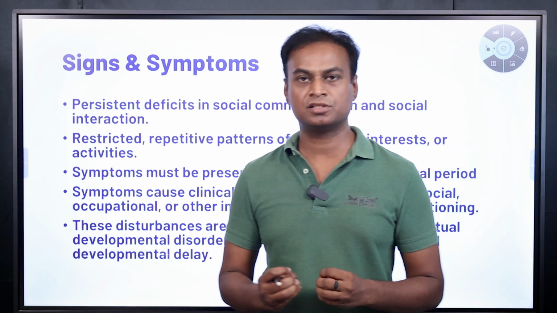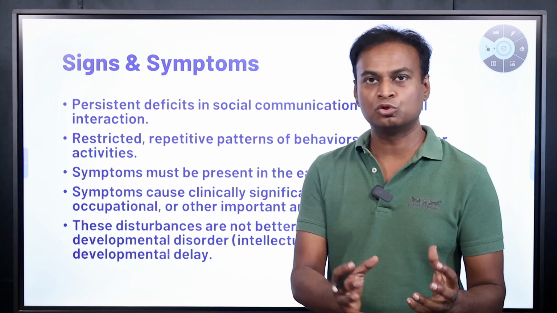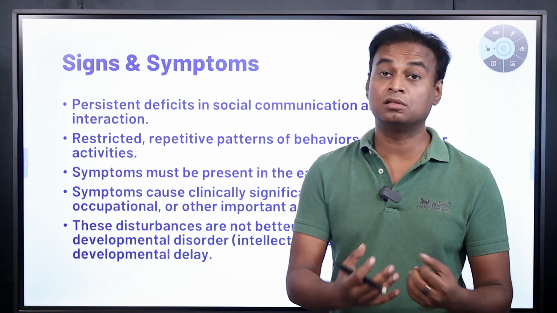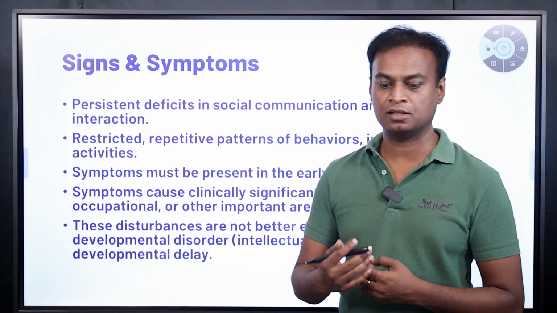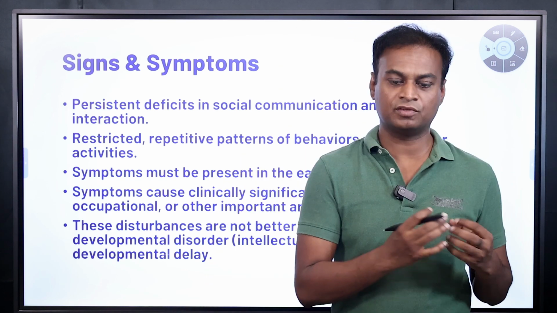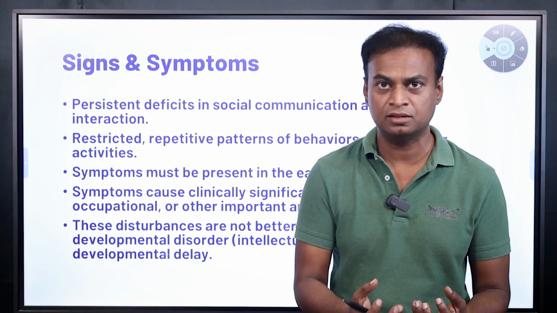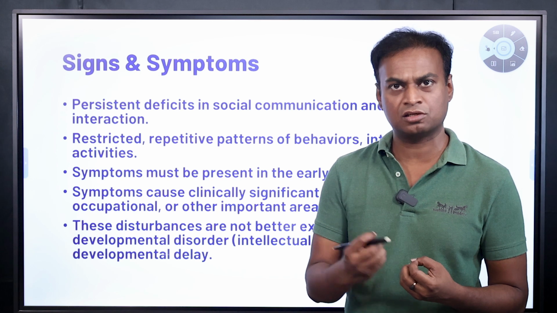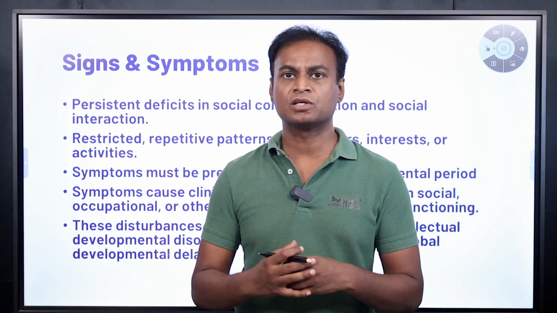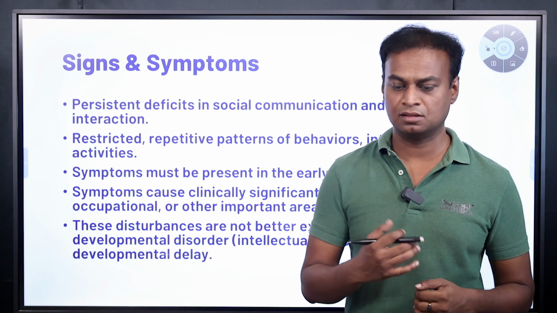Reduced sharing of interest. Normally kids who like a particular thing will group together and play, so this is lacking in them. And also they will not share emotions and affections. If the kid loves his elder brother or sister, he will show love, right, by giving something or by playing with them. Or if the kid loves his parents, he will smile with them. All these are lacking in these kids.